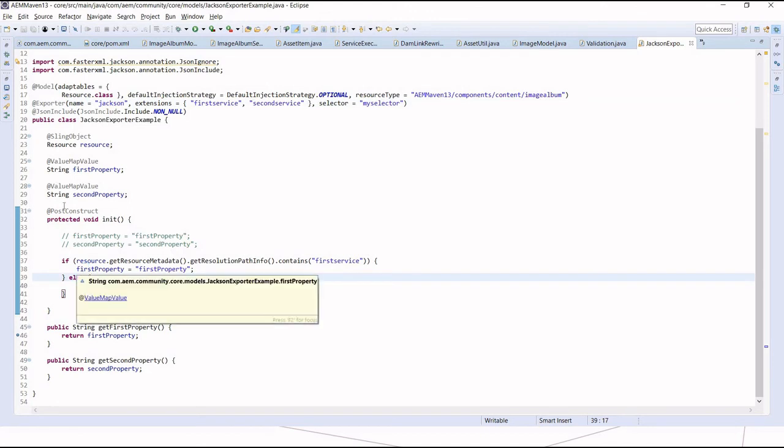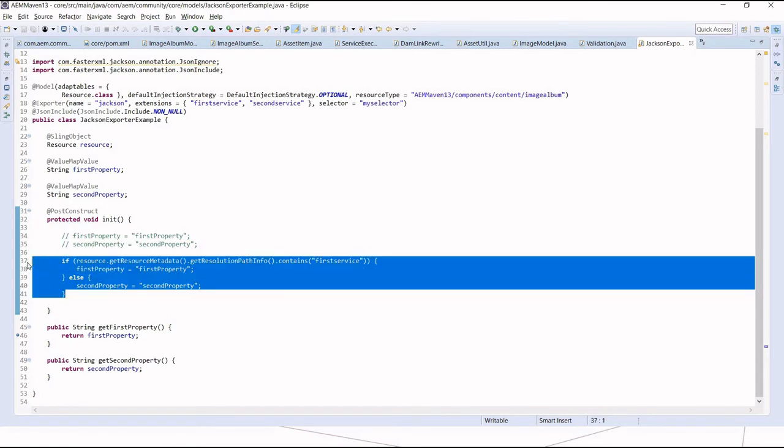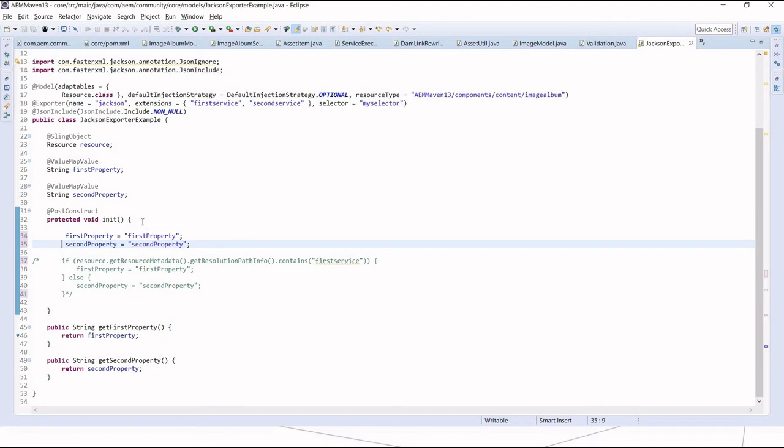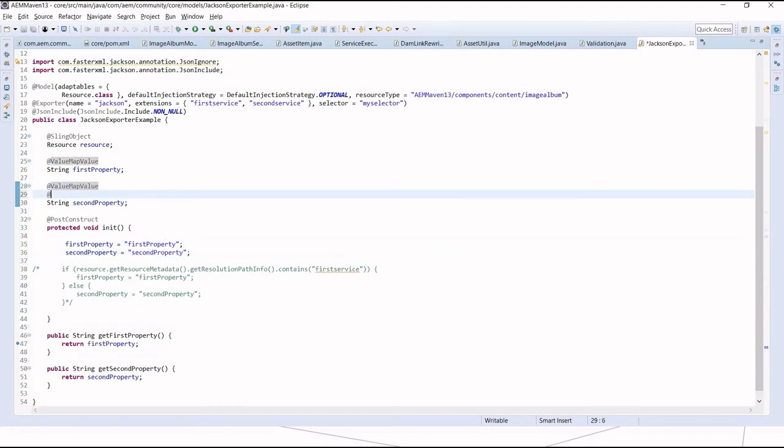So what I need to do in that case, there is another annotation called JSON ignore, and I just need to assign it to the property that I don't want to include. So what I will do, I will just comment this line again, and maybe I will just expose both of these. And for second property, I will say just ignore this property.